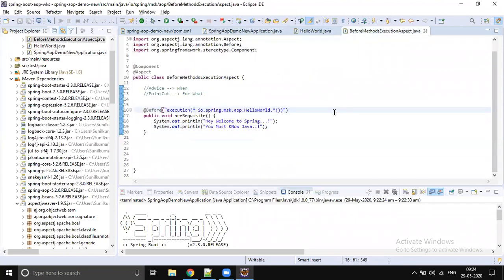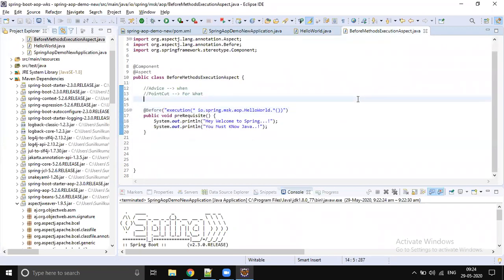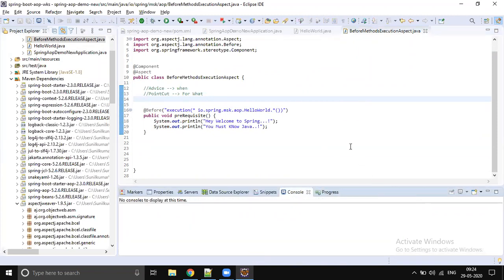No. I said star, it's going to execute for everything. But I made a small change: I am passing some parameter. In the parentheses, we need to pass something. It will work only for methods without parameters.